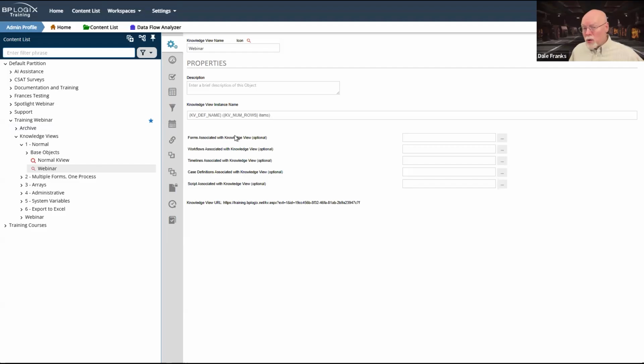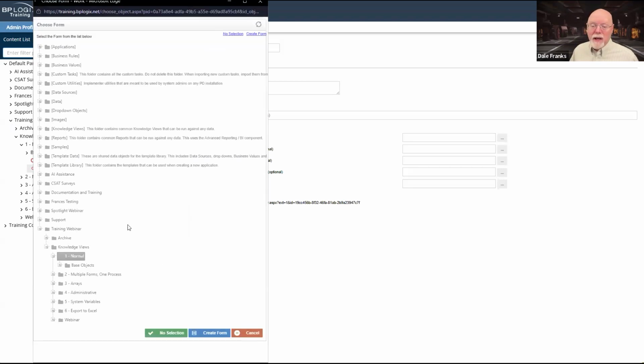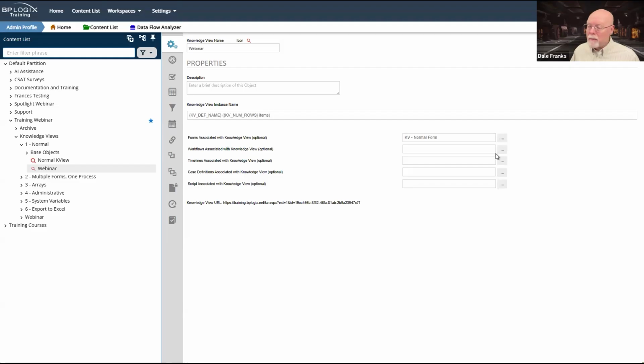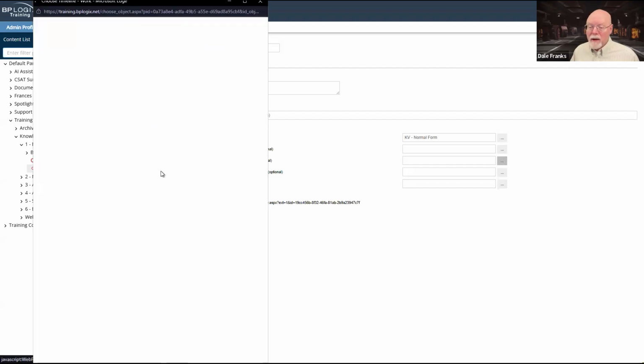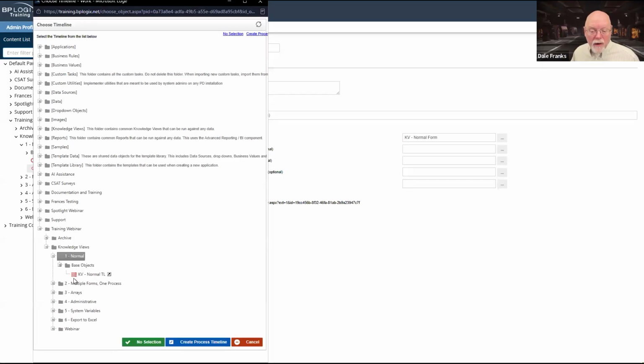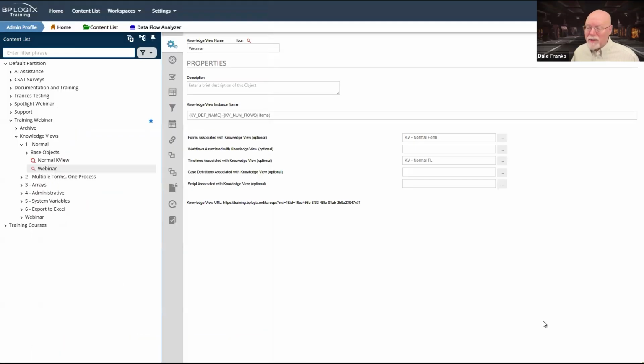This is true even if you want to return information about the timeline. I commonly see when I go onto customer sites, where they're returning form instances, but for some reason they think that they need to set both the form and the timeline associated with the knowledge view.